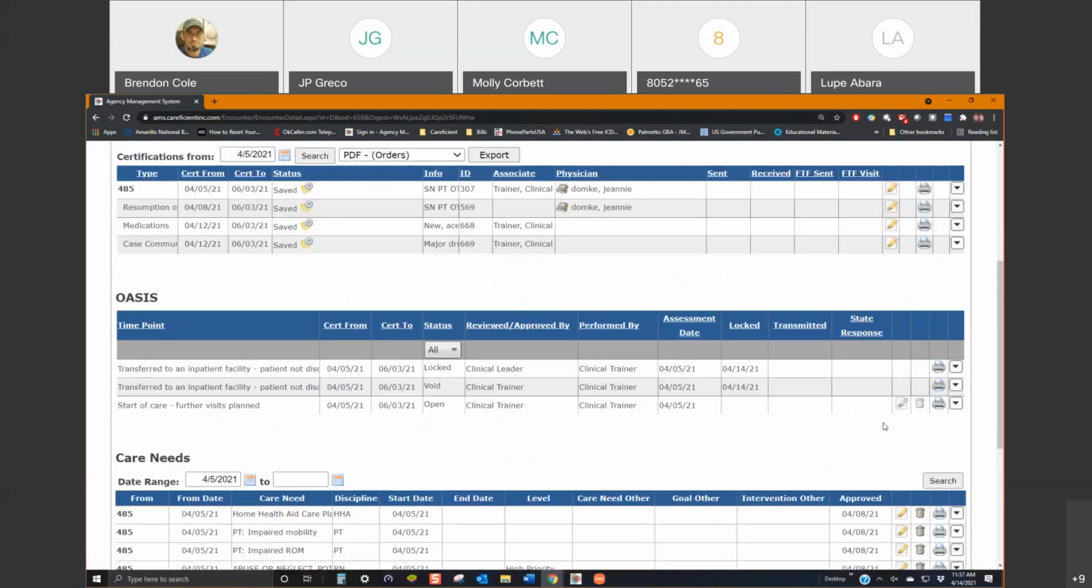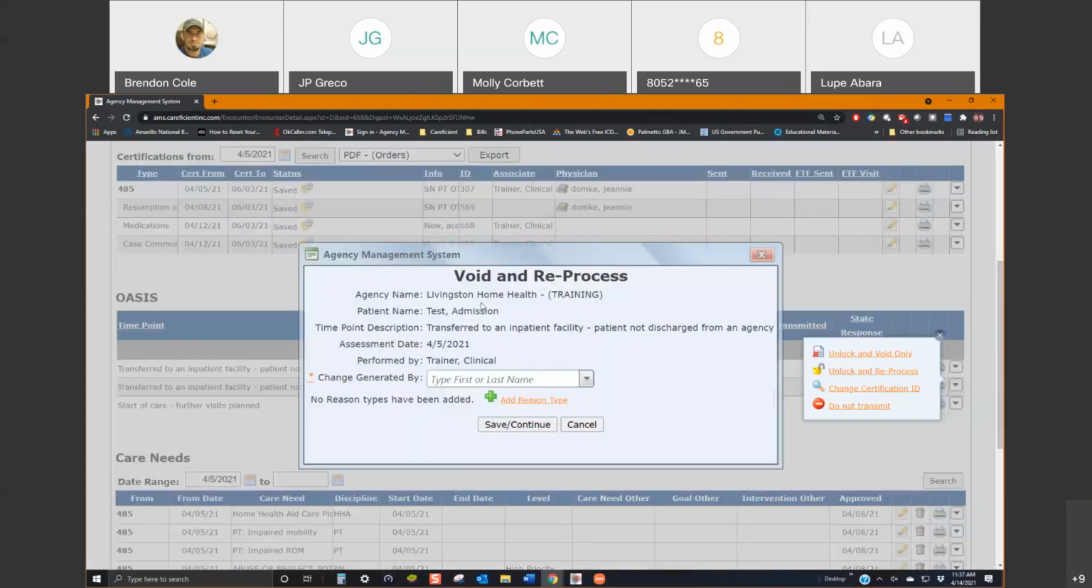When somebody else goes into it, it's going to automatically void the previous assessment or previous Oasis, not the service note, the Oasis. It's going to void it, and it's going to update this name here. And then it's going to be in an open status so that you guys can make those changes. And you are going to get this void. If anybody else goes into this Oasis, it's going to get a void